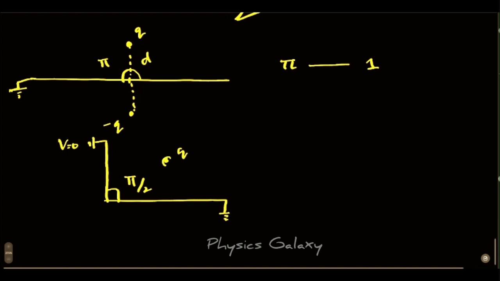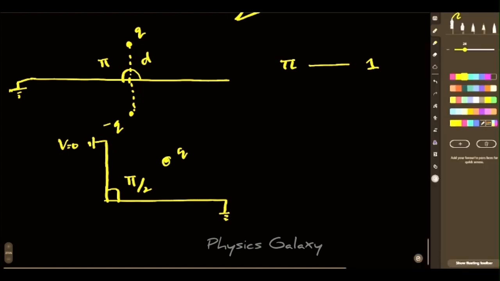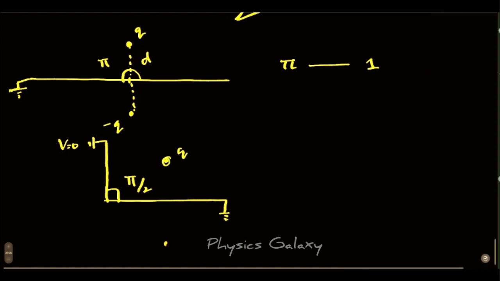Now for this charge, I have to place my image charges. One should be here and one should be here, so this will satisfy my boundary conditions. But I have to place one more, positive q here. So this configuration of image charges will satisfy the boundary condition, because the potential at